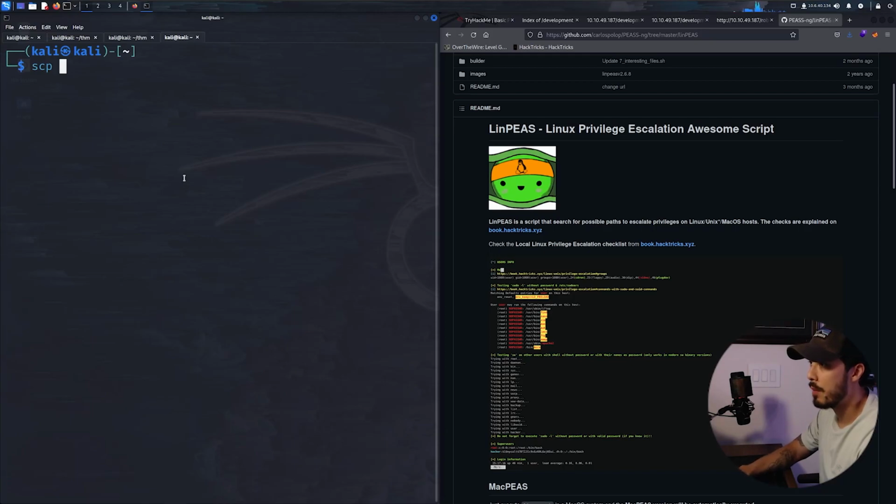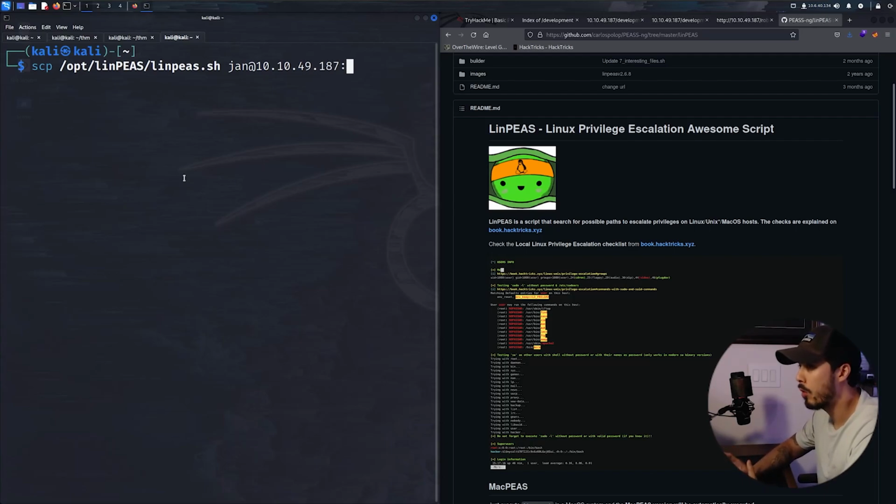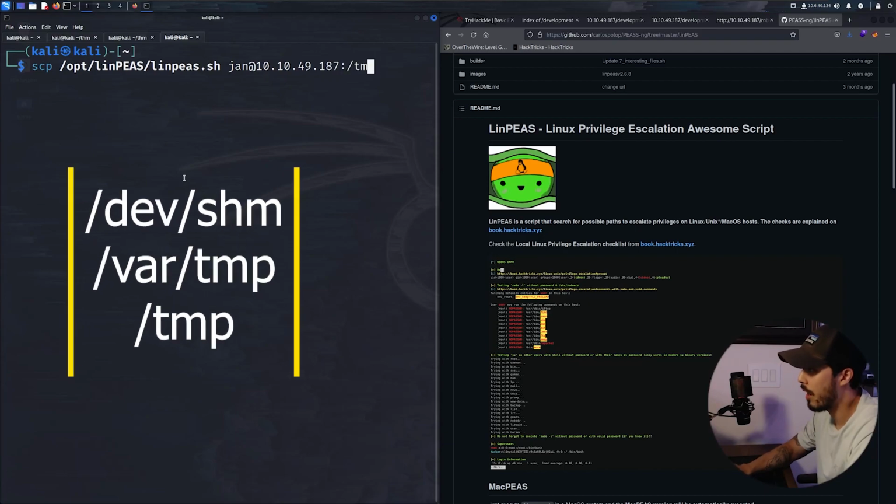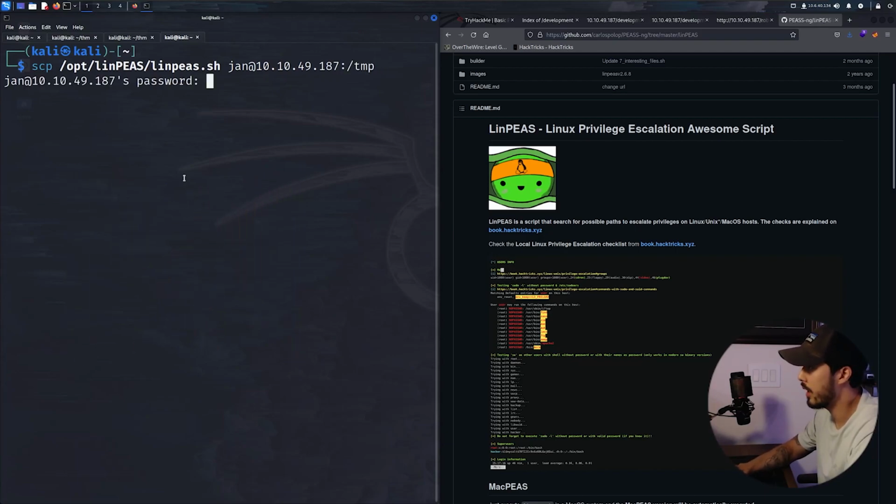And secure copy linpeas.sh, and then we're going to specify the user and the IP and a world writable directory. Generally there are 3 that you can do. There's dev shm, there's var temp, and temp. We can just throw ours into temp and call it a day, Armando,